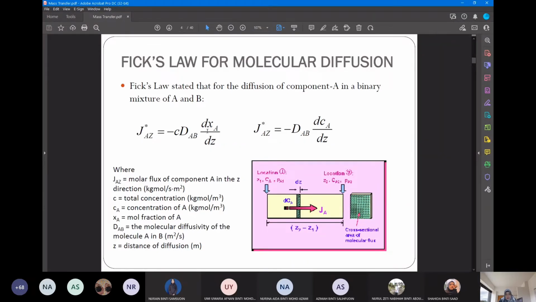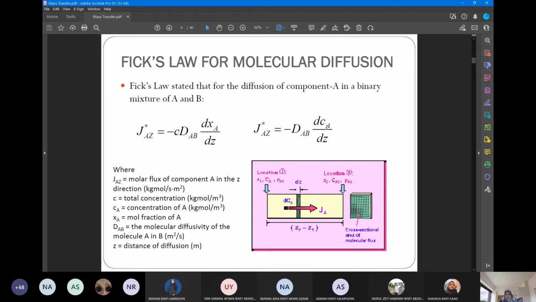Okay, they are based on mole fraction of the component. So if you're talking about liquid, this is the mole fraction of the liquid. If you talk about gas, this is the mole fraction of the gas. Okay, the mole fraction of the liquid or the gas. So what can we do about the mole fraction? The mole fraction terms here can be